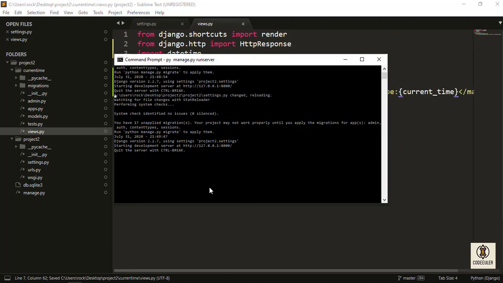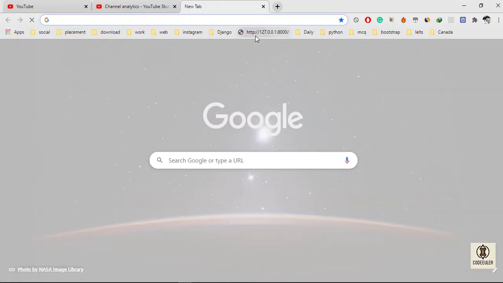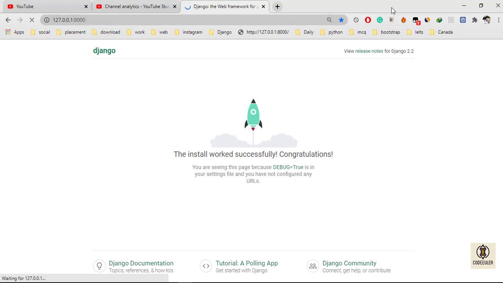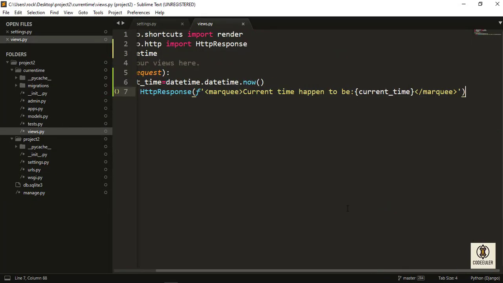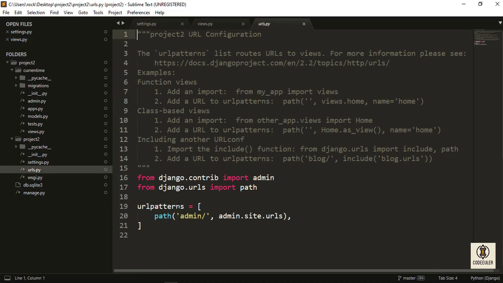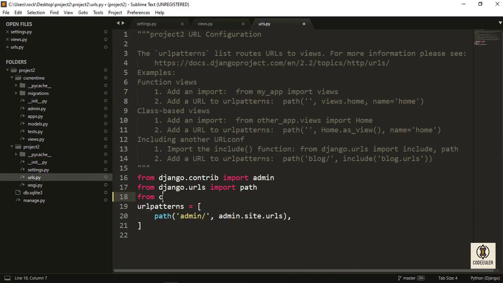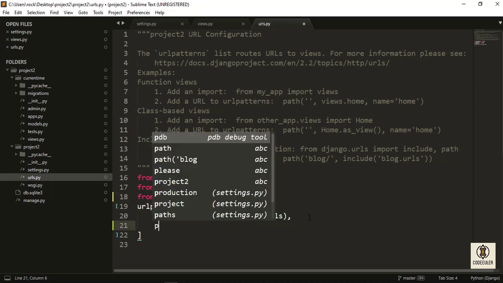See, the server is running fine, and inside the browser, run. We are seeing the install worked successfully, congratulations, but we have not linked our views to the URLs. So let's go to the URL. Inside the URL, from current time import views. Give the path.